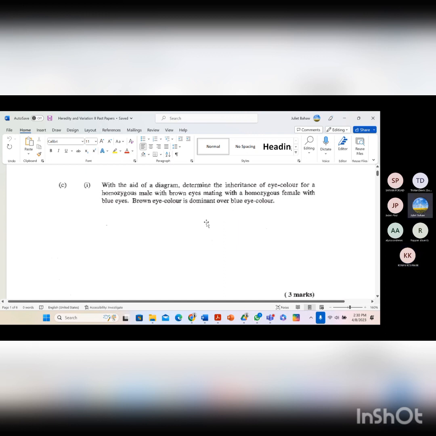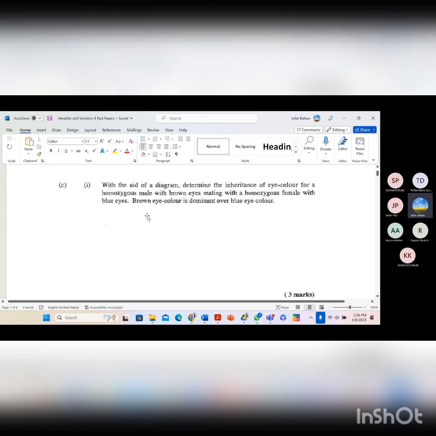Okay. Now in this one, they are telling you homozygous male with brown eyes mates with homozygous female with blue eyes. First, I want you to come up with some letters for brown and for blue. Well, what they are saying is brown eye color is dominant over blue eye color. So whichever letter you choose, tell me which one